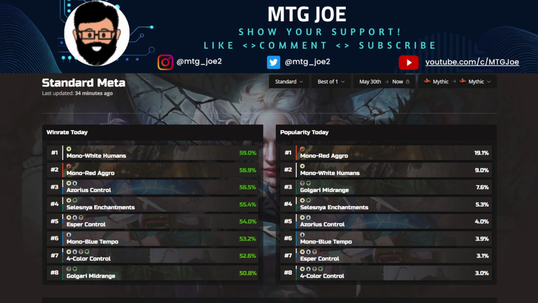Mono White Humans, another aggressive deck, at just under 10%. Golgari Midrange, just under 8. Then we have Selesnya Enchantments, Azorius Control, Mono Blue Tempo, Esper Control, 4-color Control, which is the Domain ramp deck. So one thing you want to consider when you're looking at this kind of distribution is